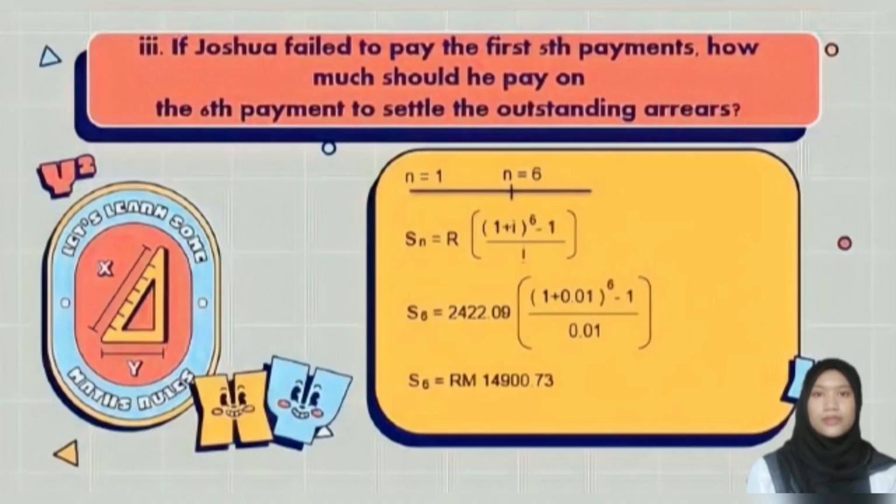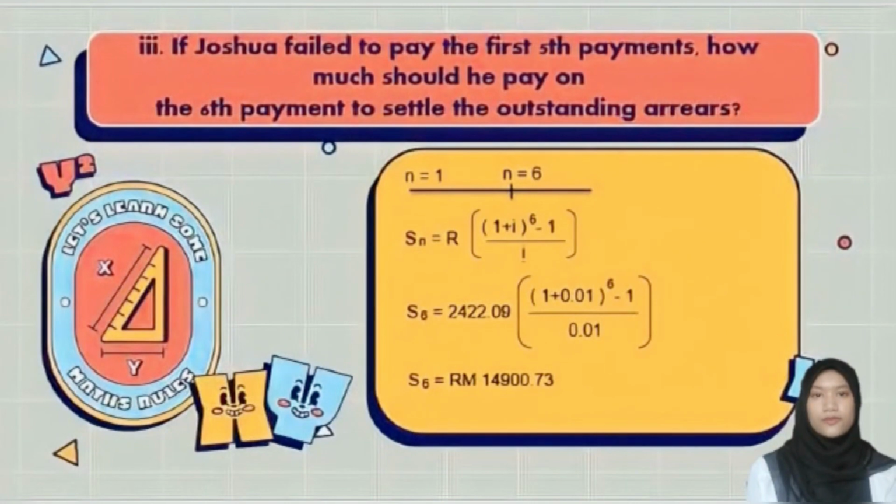If Joshua failed to pay the first 5 payments, how much should he pay on the 6th payment to settle the outstanding arrears? In this question, we need to calculate the total of the 6th payment. So use the formula of future value, which is S equal to R in bracket open bracket 1 plus i close bracket power of 6 minus 1 divided by i. As we know, the amount of R is 2422.09, which is the amount of monthly payment, and we times with 1 plus 0.01 power of 6 minus 1 divided by 0.01. And the final answer for S6 is RM